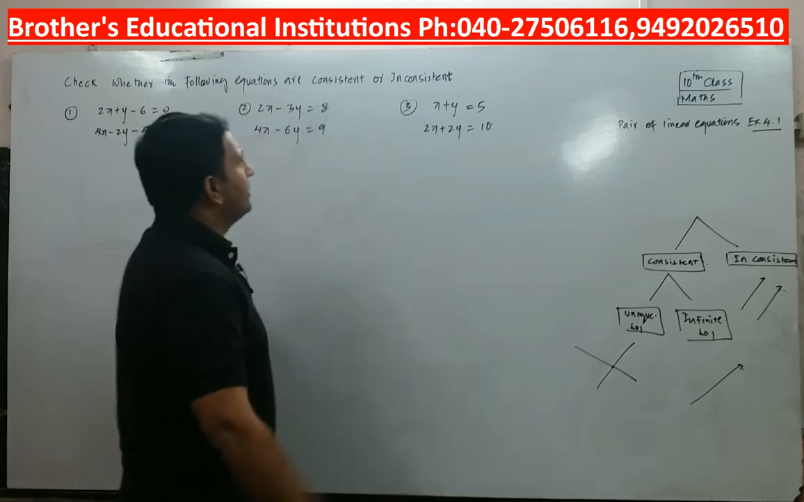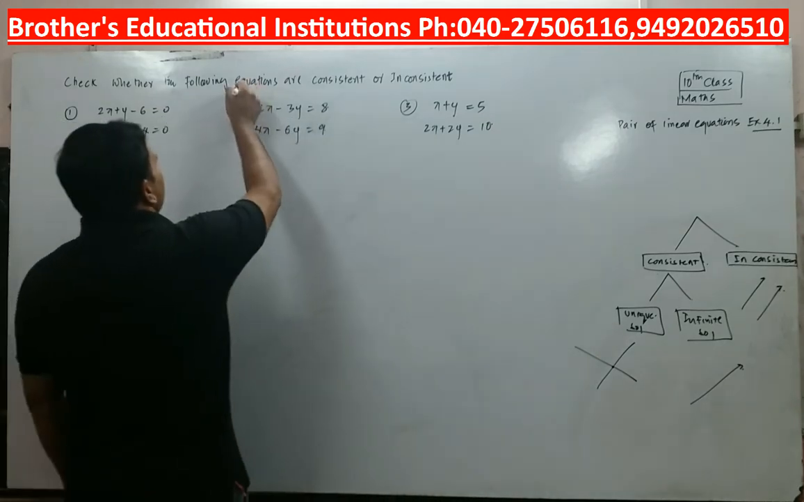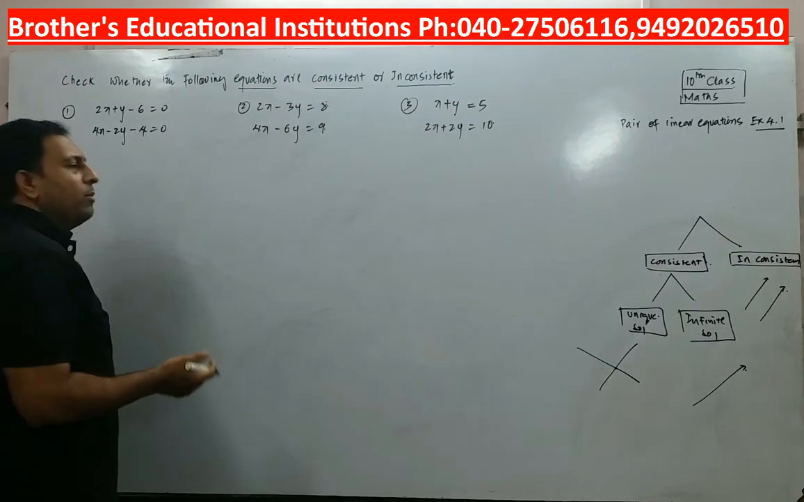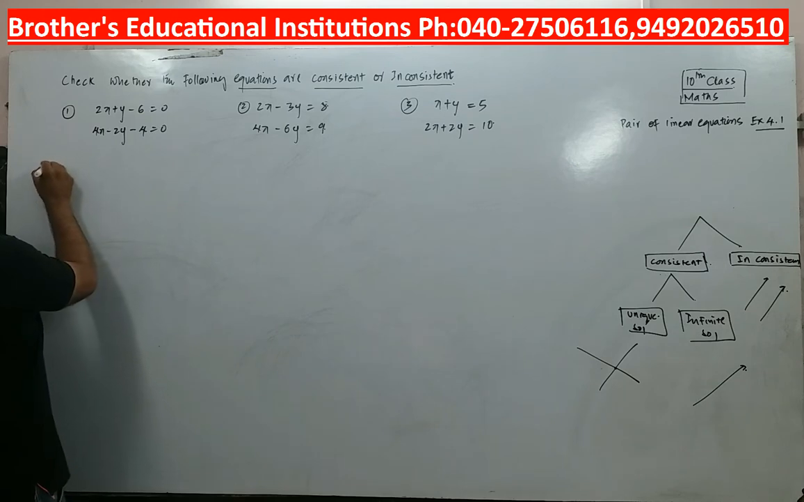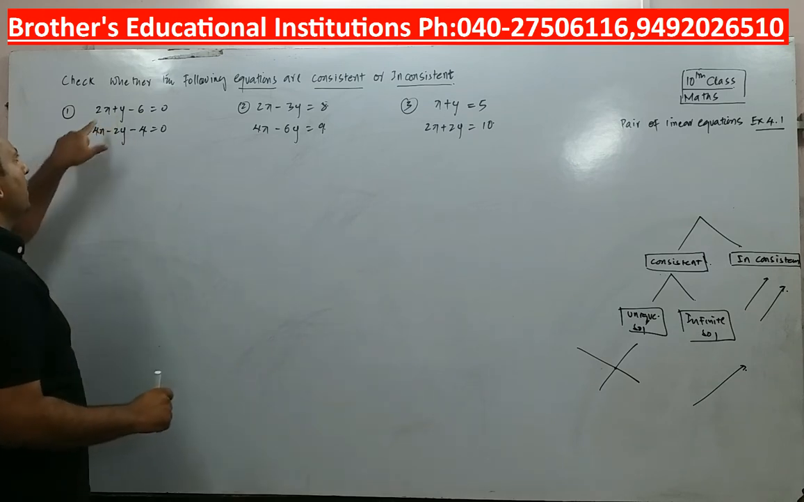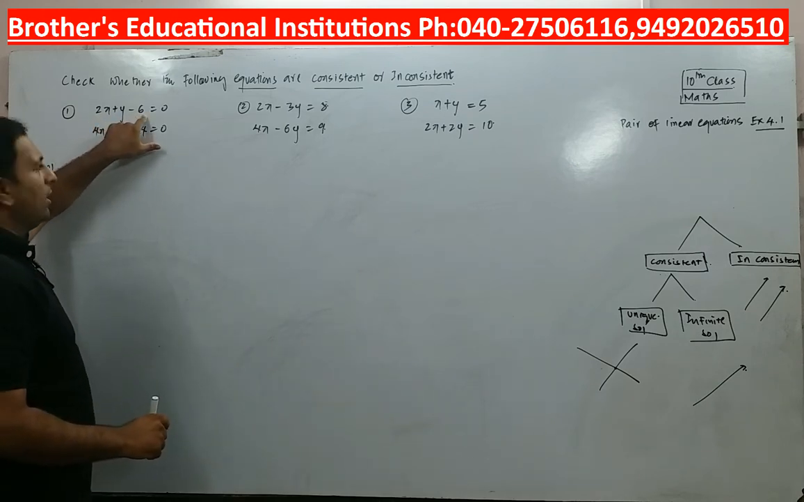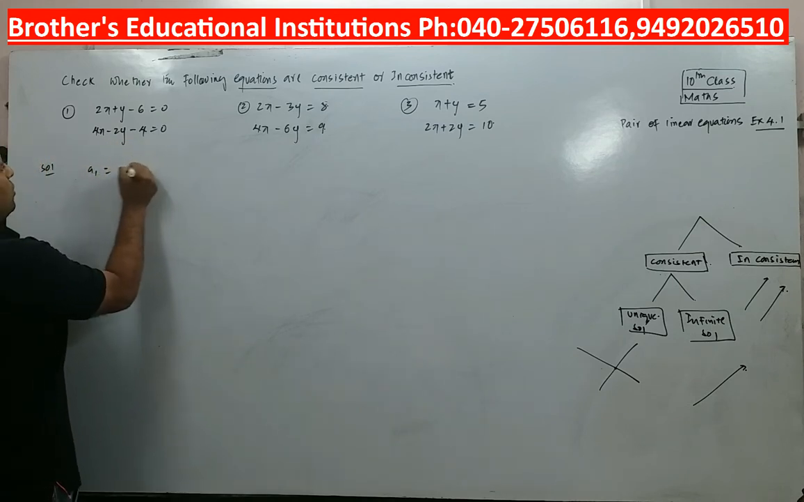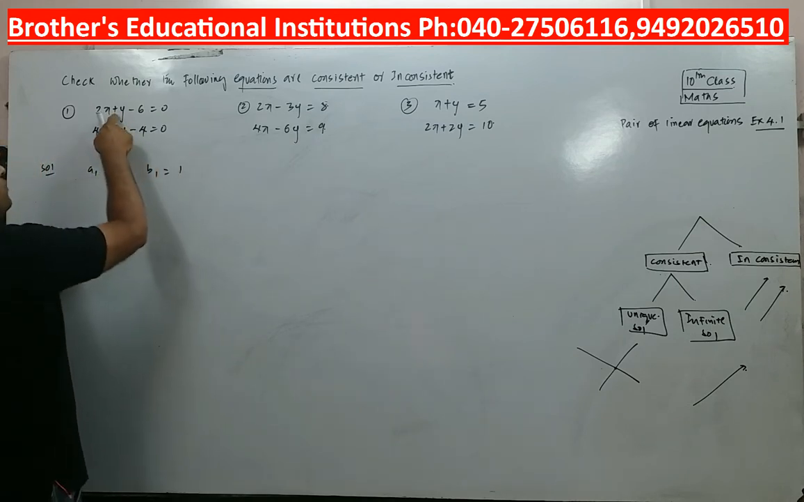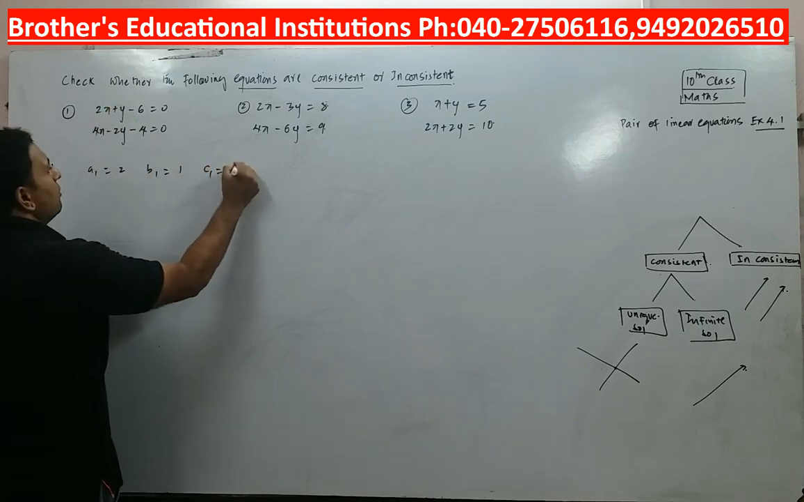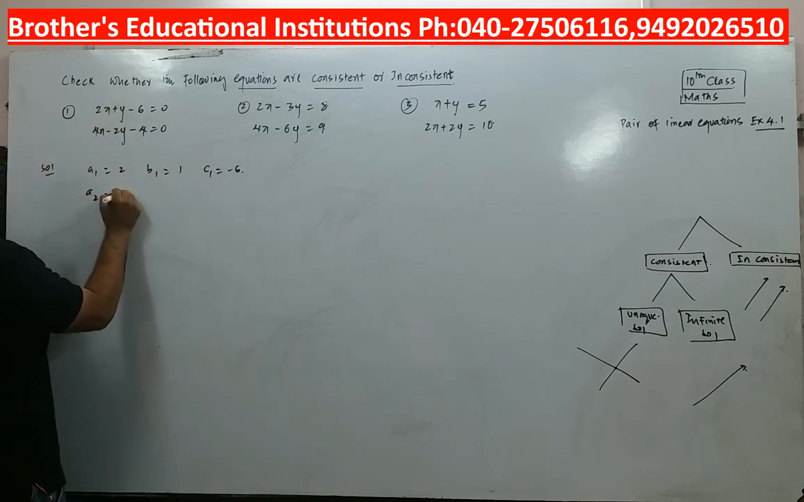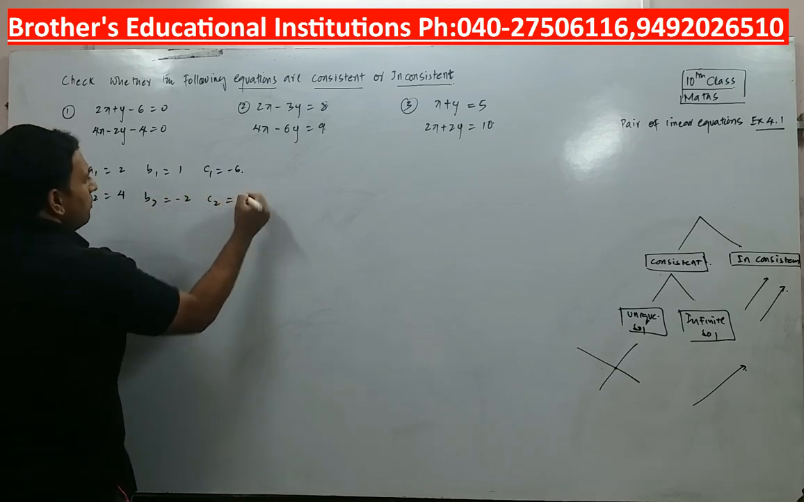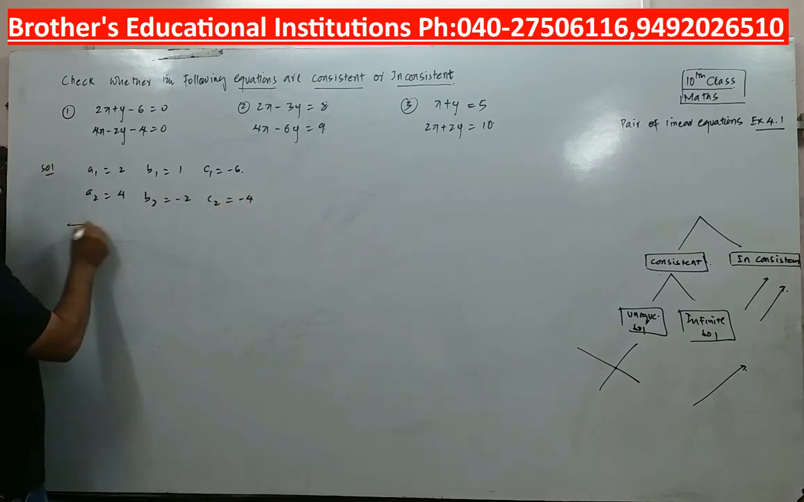Now we will take few examples to check whether the following equations are consistent or inconsistent using the formula which I gave you. Now what you need to do is, whenever equations are of this form, a1x plus b1y plus c1, a2x plus b2y plus c2, you can do one thing. a1 is equal to 2, b1 is equal to 1, c1 is equal to minus 6. a2 is equal to 4, b2 is equal to minus 2 and c2 is equal to minus 4. Always first you consider